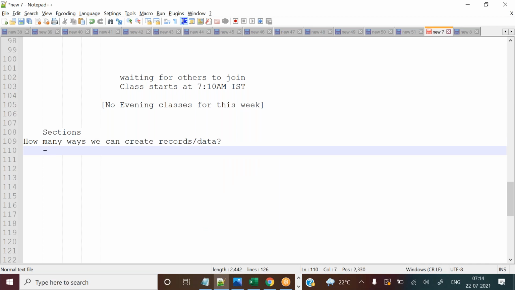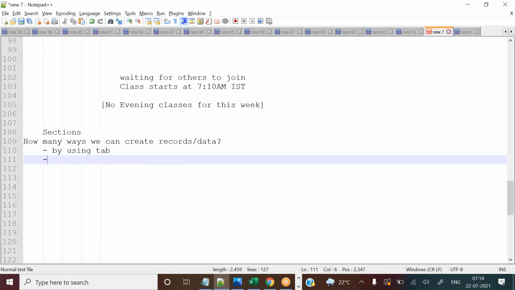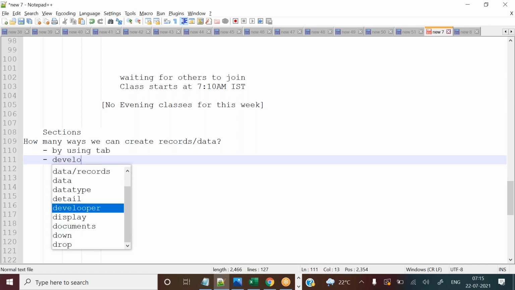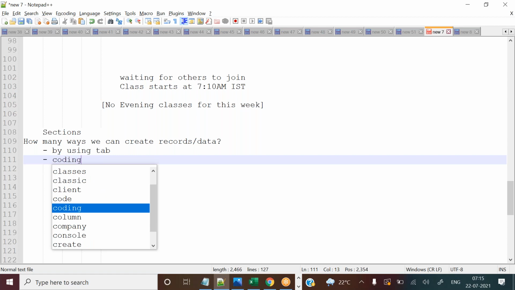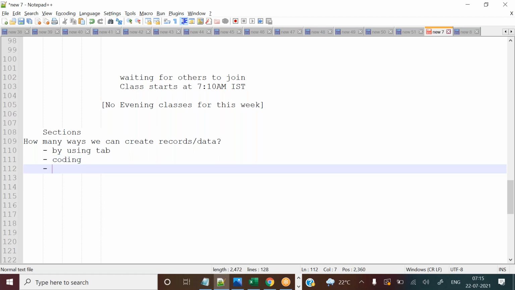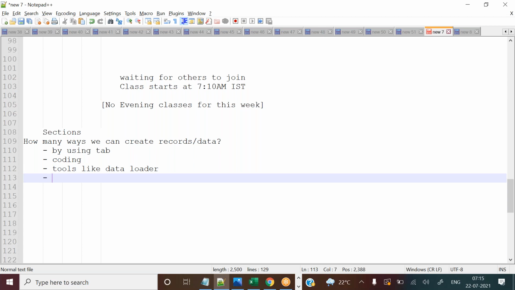Now, how many ways? One is by using a tab, we can create records. Next thing is development, simply by using coding. Next, by using other tools like Data Loader. And by using integrations.